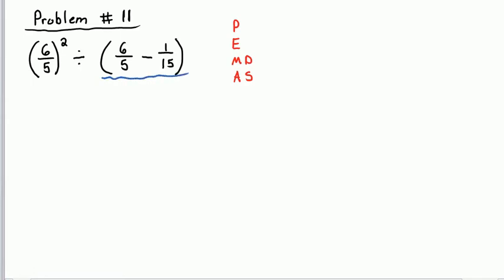So let's do our 6/5 take away our 1/15, and I'll come over to the side and work that out. So 6 over 5 take away 1 over 15. Well, in order to subtract, I need a common denominator, and that would be 15. So we're going to convert both denominators to 15. And how many 5s does it take to get to 15? Well, that's 3, so we're going to multiply this fraction